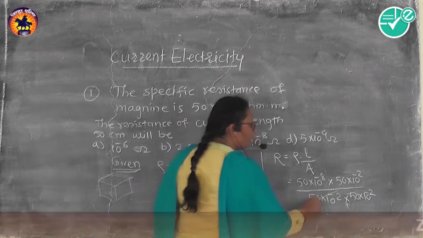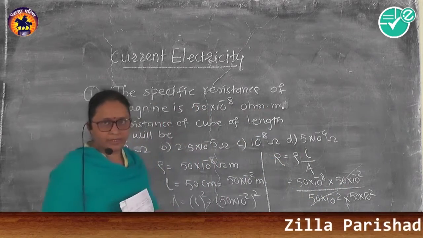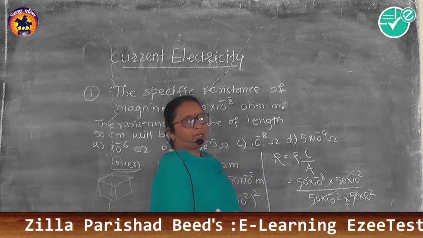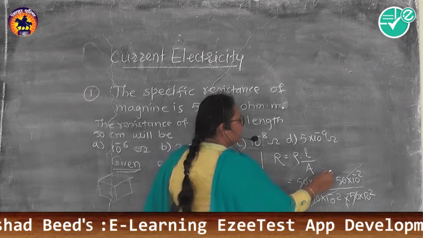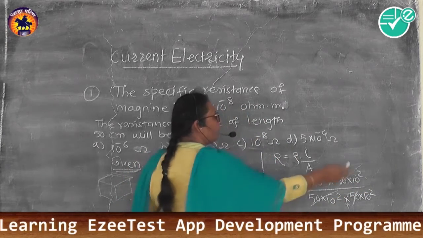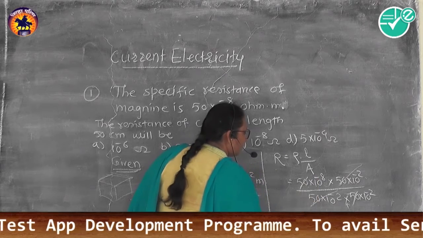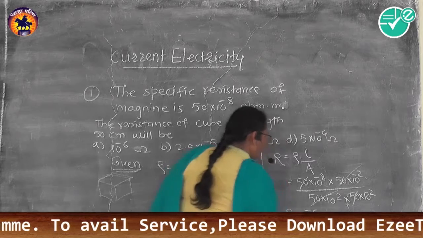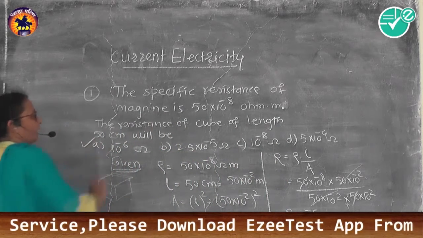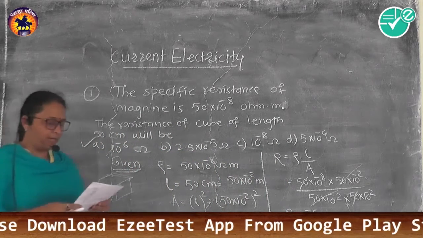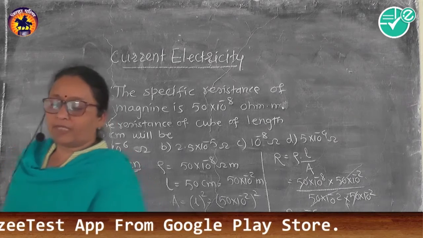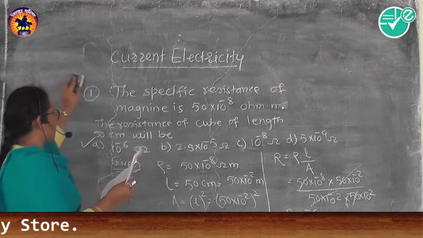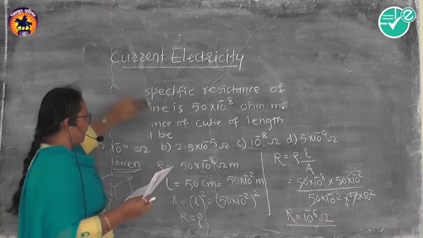So here 50 into 10 to the power minus 2, 50 into 10 to the power minus 2 gets cancelled. Here again 50 gets cancelled. Minus 2, 10 to the power minus 2 powers, when they leave to numerator, it will become plus 2 minus 8, that means final answer is R is equal to 10 to the power minus 6 ohm. So from this, option is A. So we have to select this option A. Now this is very simple example which is based on basic formula, that is a formula for resistance. Now second example is